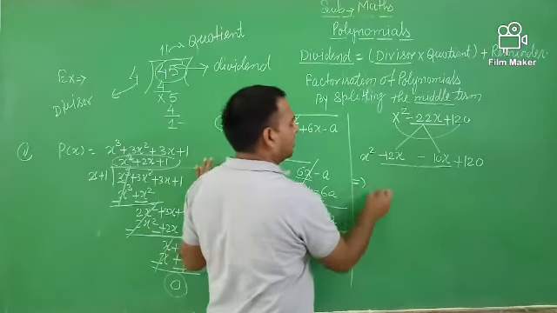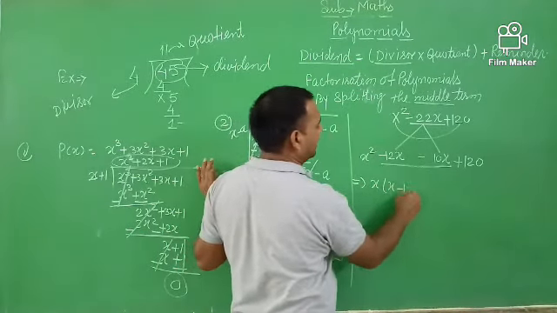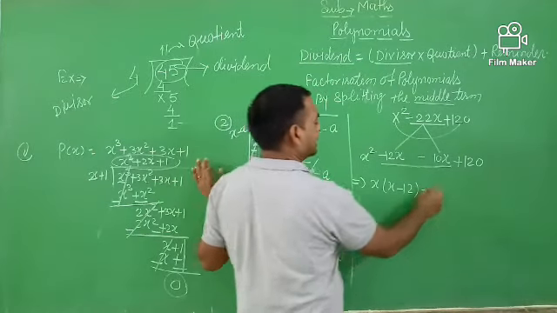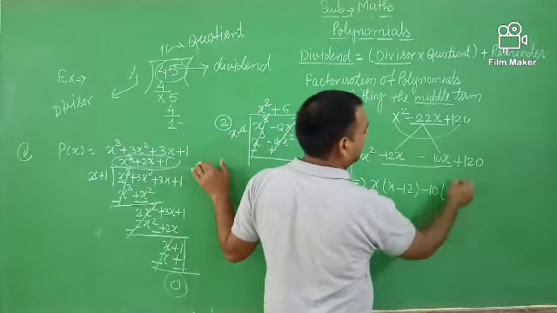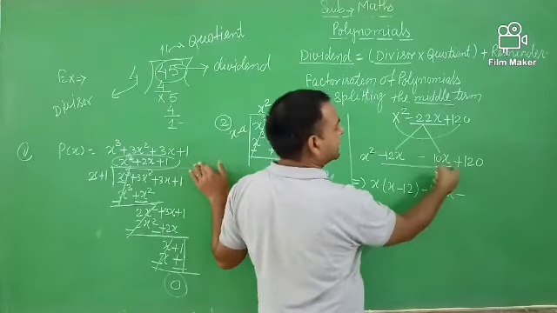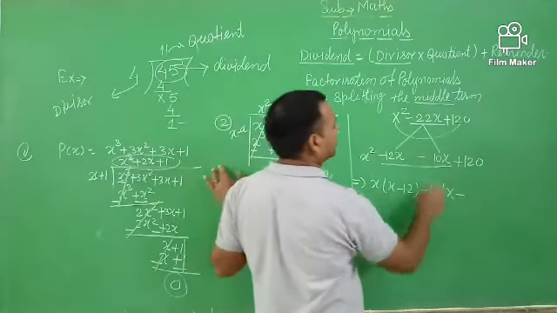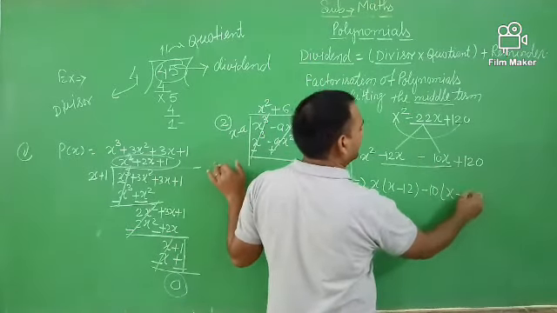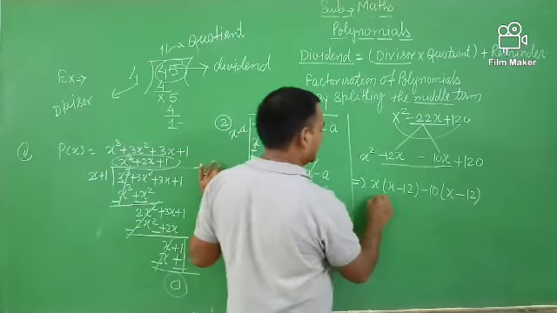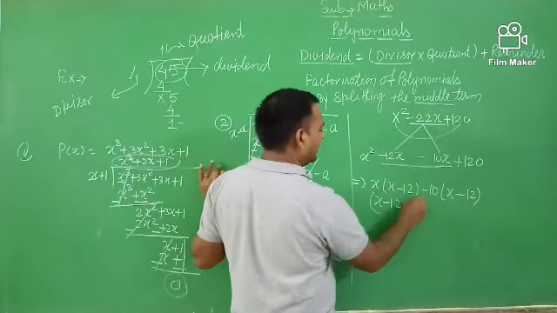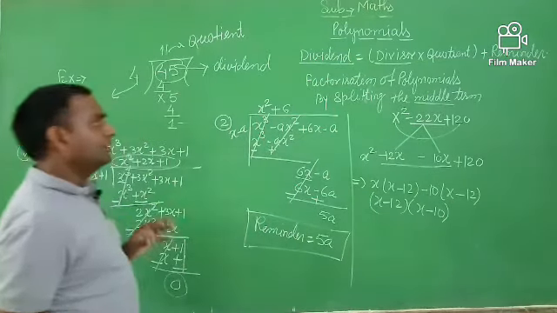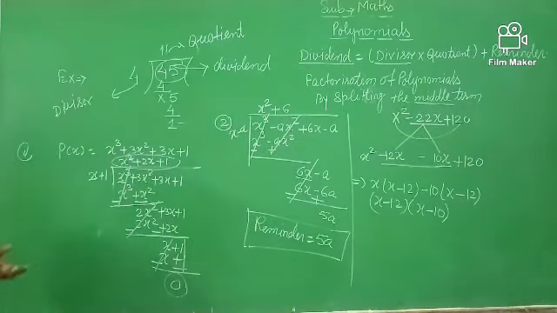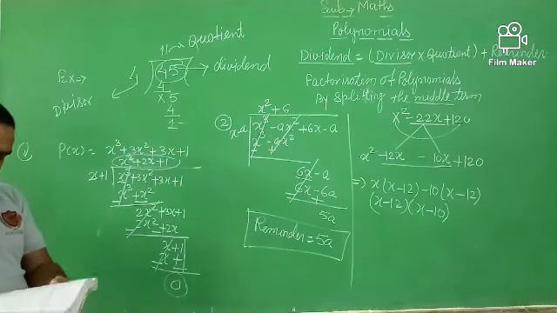Therefore, here you take x common, so x minus 12, and minus 10 is also common in both terms, so you take the minus common and the inside sign changes from positive to negative. 10 times 12 is 120. So this is equal to x minus 12 times x minus 10. This is the method of factorization by splitting the middle term. Many other examples are also given related to this.